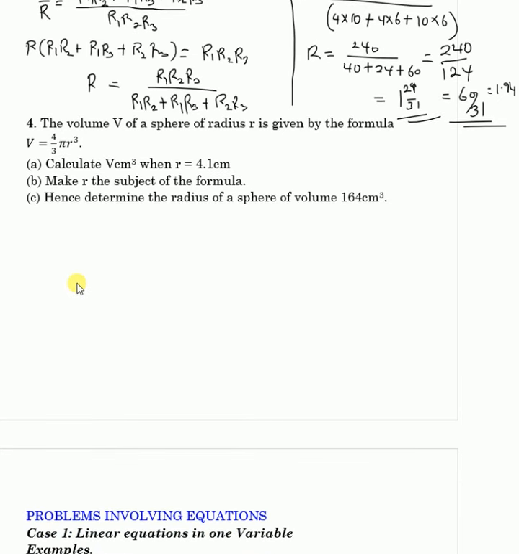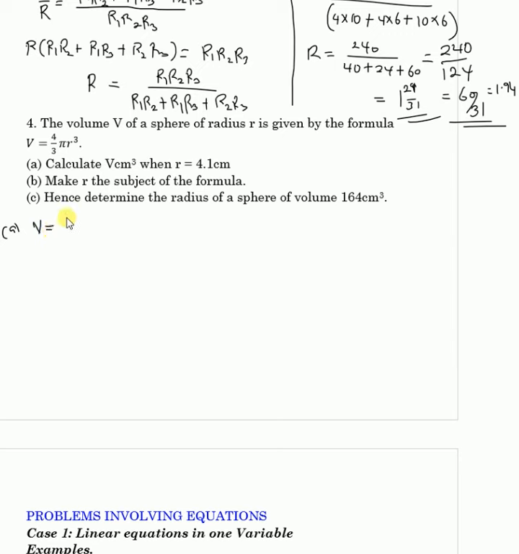They said the volume V of a sphere of radius r is given by the formula. Calculate V when r is equal to 4.1. Part A,